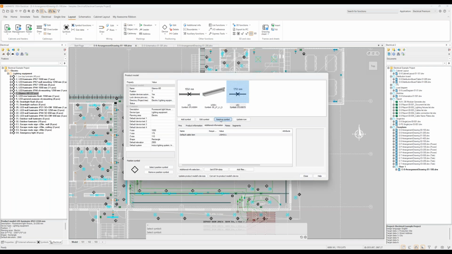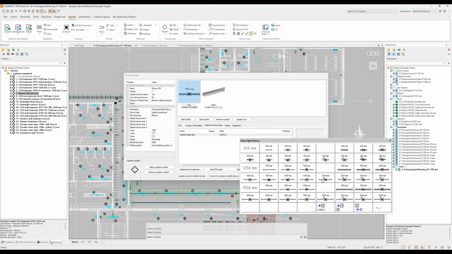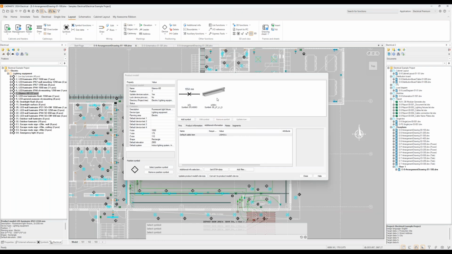Oh, of course, that's the wrong one. We want to edit the symbol and change to arrangement, and it should be this one. Yeah. So I will change the symbol a bit. And of course, you can create your own 2D symbols here to be used, or then you can use our